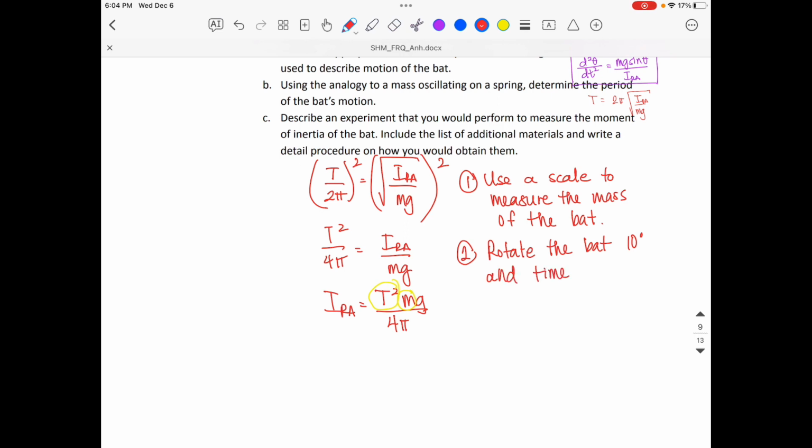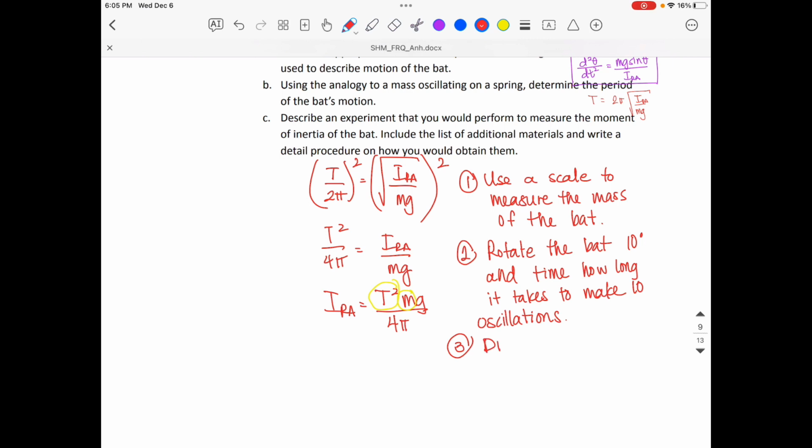time how long it takes to make 10 oscillations, which is, I think there's a double L here, which is what the examples that they gave us in the homework problems. And obviously oscillations are one full cycle, so when it goes to the other side and back to its starting position. And then from there,